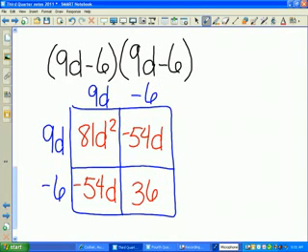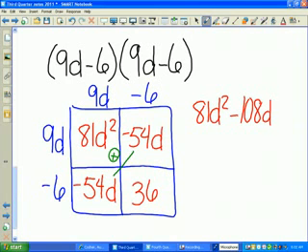So this time on the diagonal are my like terms. So then I could just simply write it out. I have my 81d squared minus 108d plus 36. And there is a shorter way, and I'm going to explain the shorter way next time, but